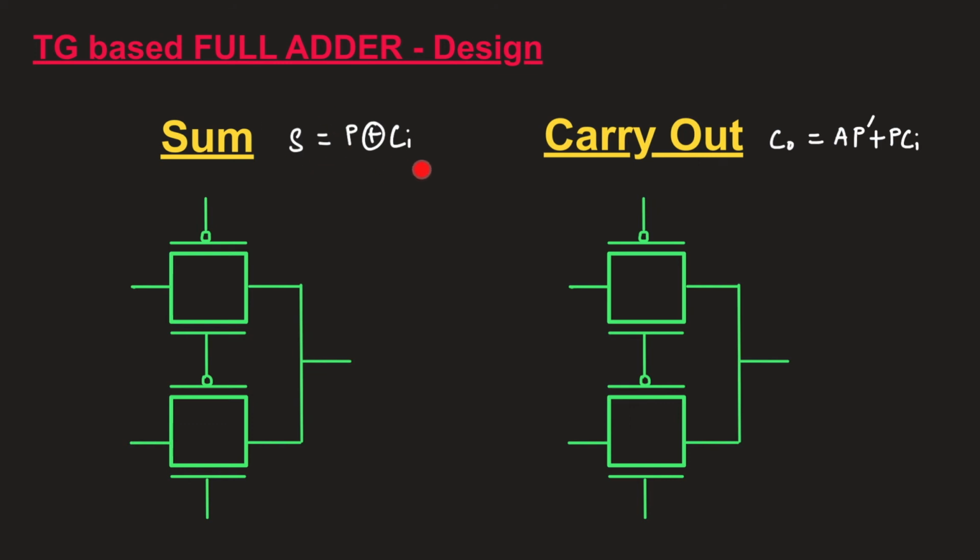This is a very straightforward equation. We just have an XOR function to be implemented in transmission gate. So we can straight away start writing the control signals here. So I will select the control signal as P because here I will have the expression as P bar Ci plus P Ci bar. Here if I choose the control signal as P, I should write here as P and this will be P bar and this will be P. And here to get the expression of P bar Ci, I should put here a Ci and here I need P, therefore this should be Ci bar and therefore I'll be getting sum equal to P XOR Ci.